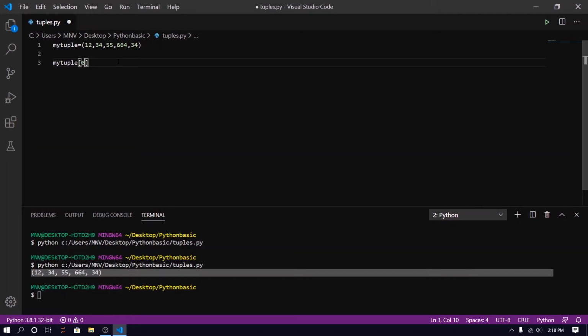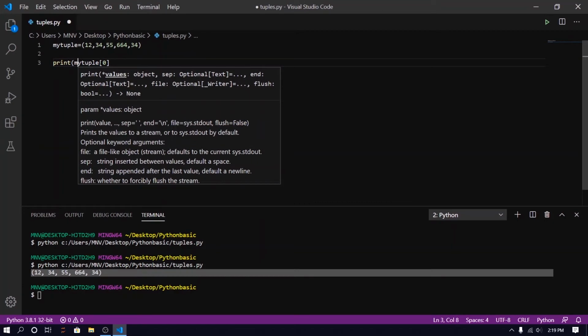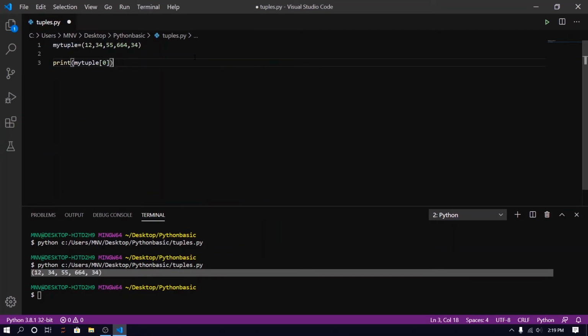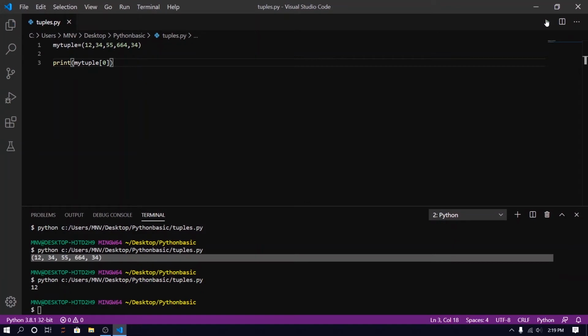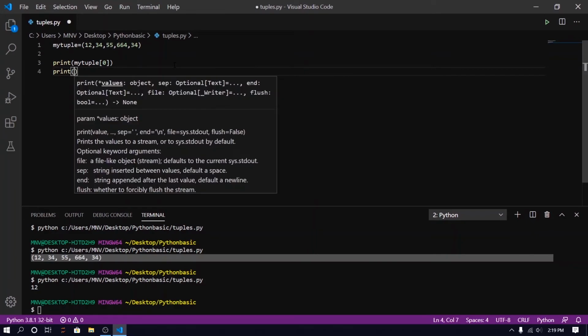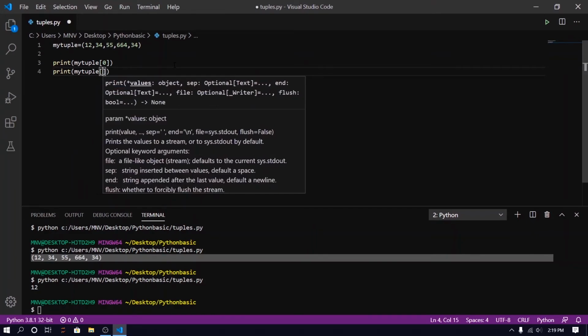We cannot use square brackets to define our tuple. So when I do my tuple of 0, it will show me the first element of our tuple. So I'm going to print another one, my tuple of 1.